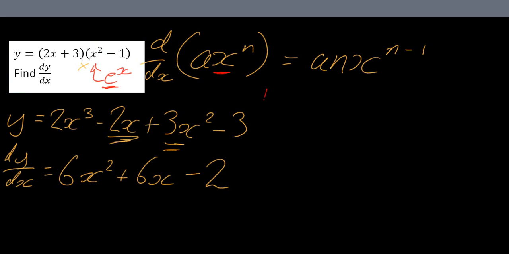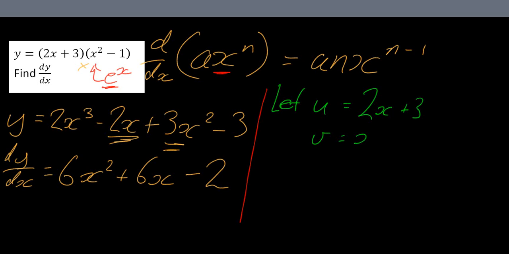Okay, so I'll just draw a straight line here, just to say we're using a different method. Okay, so over here, I'm going to let u equal to 2x plus 3, v equal to x squared minus 1, so that y is really just equal to u times v. Okay, so when you find the derivative here, then all we're doing is really dy dx is